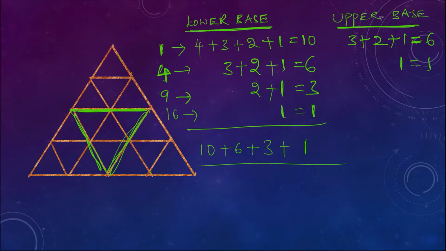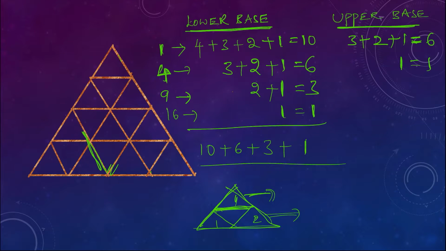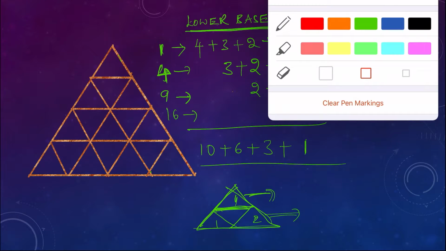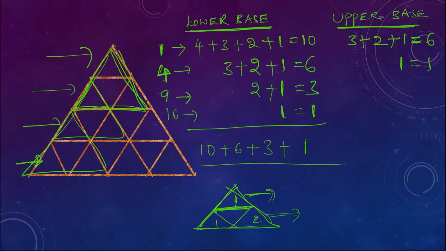So it is not like lower base triangles. For lower base triangles, 2 rows are enough. 2 smaller triangle rows are enough, because this is 1 row, this is the second row, 1, 2 and 1. That is enough to form 4 smaller triangle combinations, 1 bigger triangle. But for upper base triangles we cannot form it so. Observe the lower base triangles. If you observe the entire unit, how many rows are there? Smaller triangles, 4 rows are there for lower base. So now we can form 3 rows here, 4 combinations.